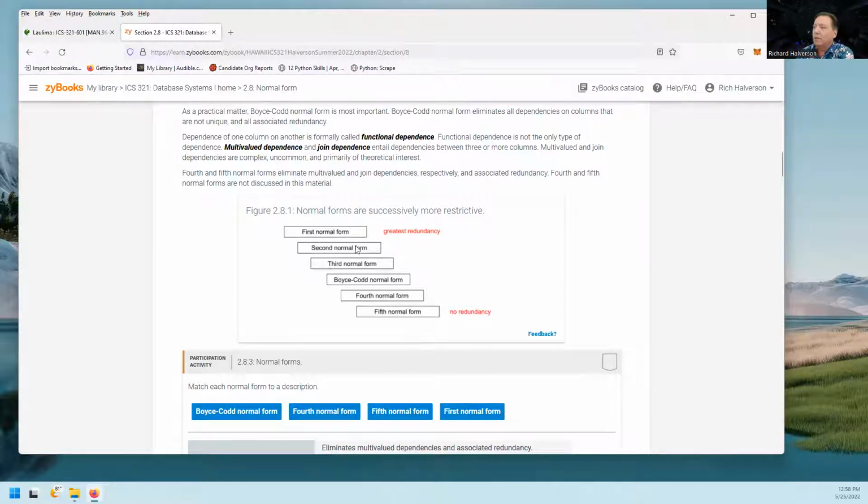Okay, and so there's this process where you start with a table and it may be in first normal form, and then you split it and split it and split it until you end up with something in Boyce-Codd normal form. Depending on the nature of the data, you may have to go further. You may have to go to fourth or fifth normal form. Usually you don't. In assignment 2, which I'm going to talk about next week,